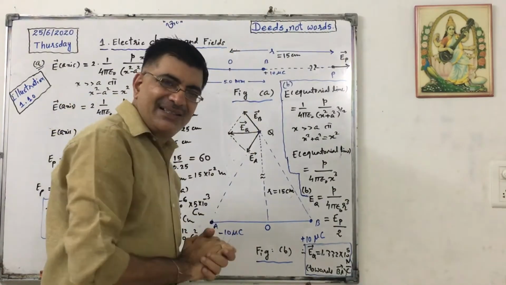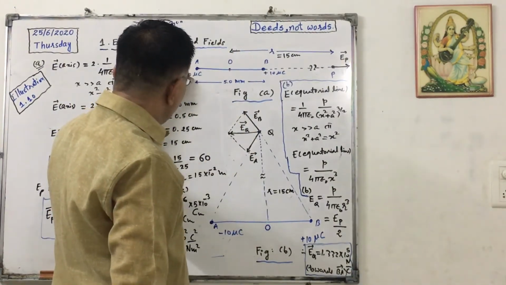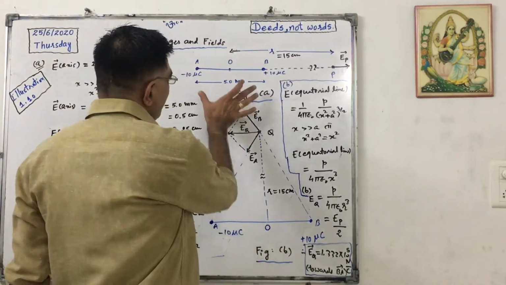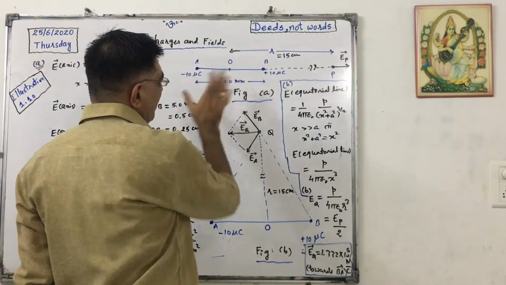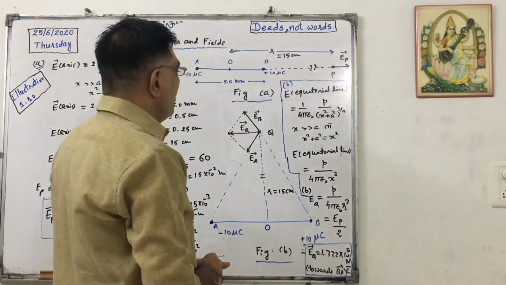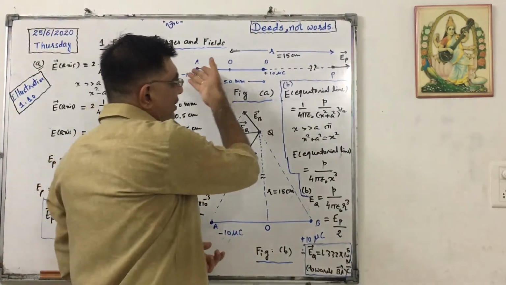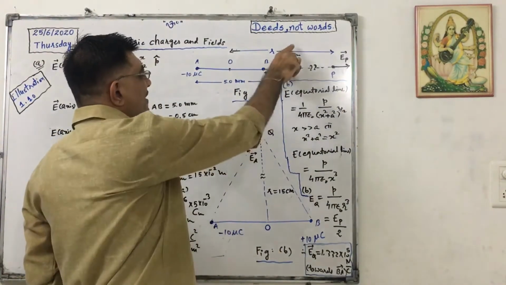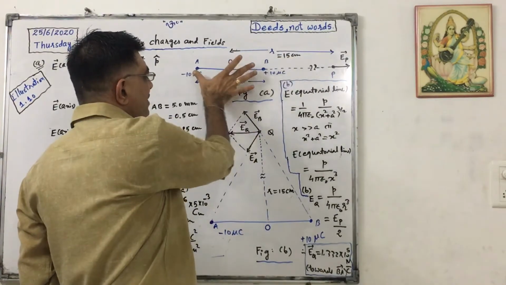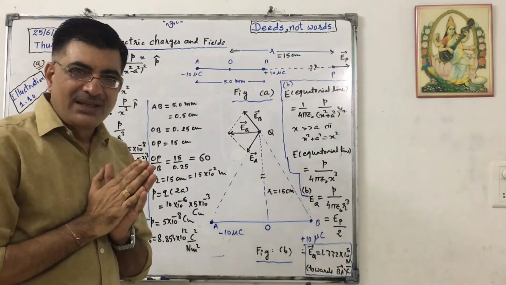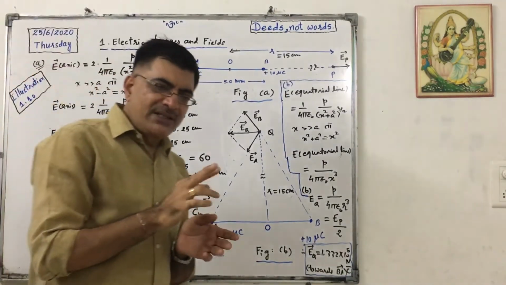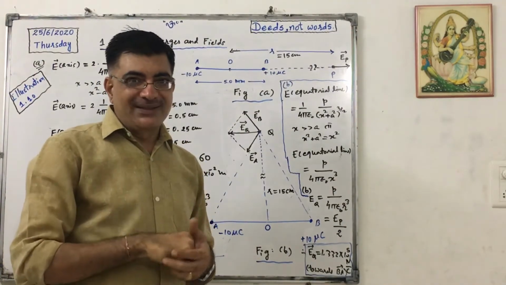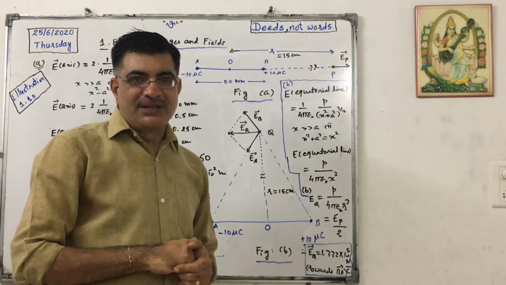This is the figure. On point A it is minus 10 microcoulomb. On point B it is plus 10 microcoulomb. The distance between these two charges is 5.0 millimeter. We have to find out the electric field on a point located on the axis, at 15 centimeter distance from the center of this dipole. In our textbook, they have solved this problem by two methods, but then they realized that the second method was better. So we will use only the second method.